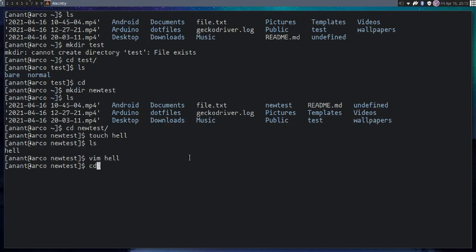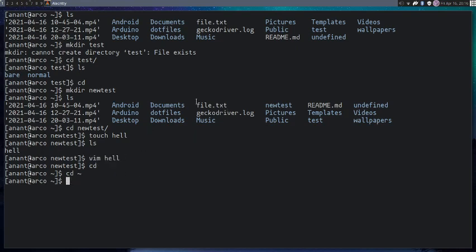So I will do cd. If cd will go to the home directory, if you do cd slash also, it will also, it's a tilde sign. So you can do that, like I don't know why I inserted two tilde signs here. I hope you have understood that. So that's it, and you can do that.